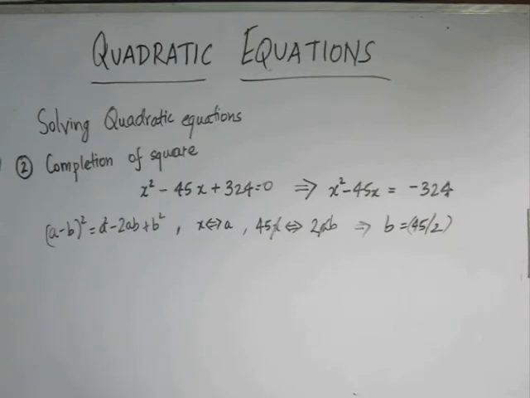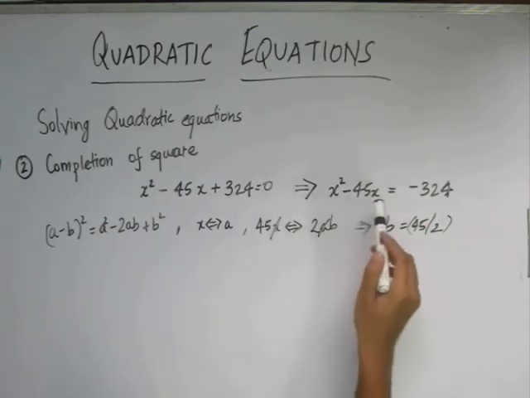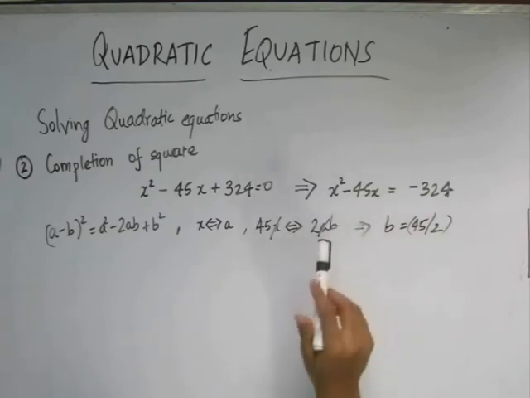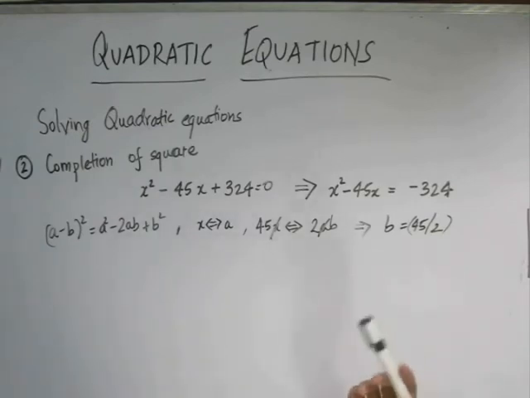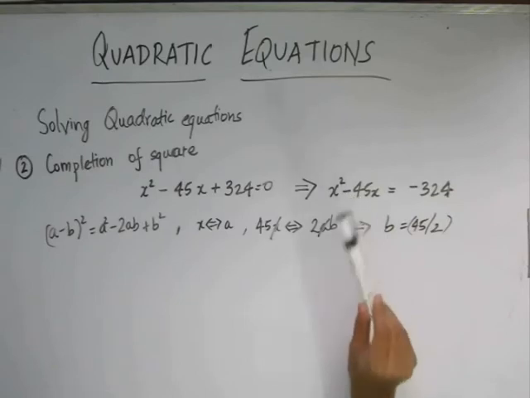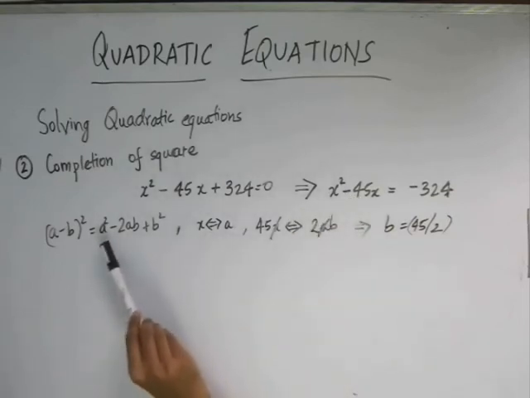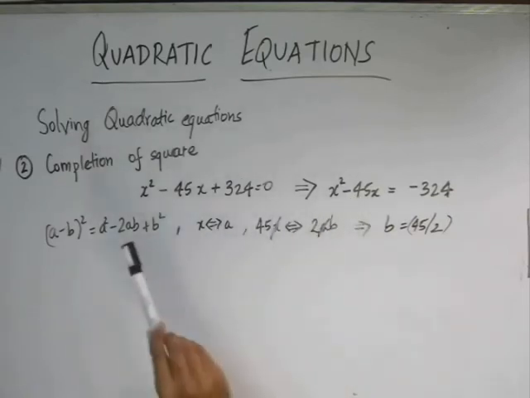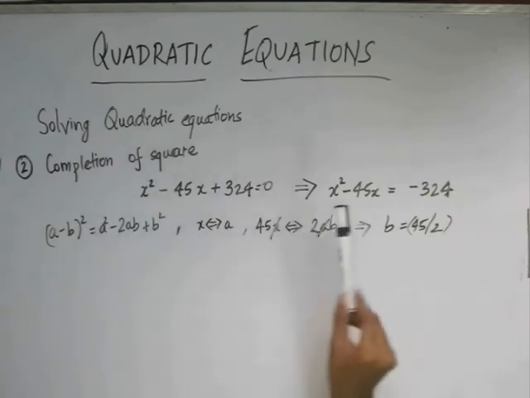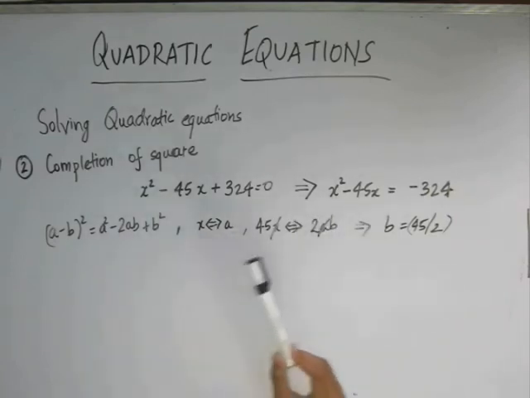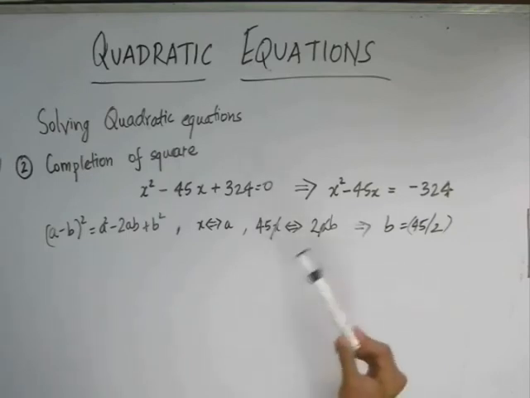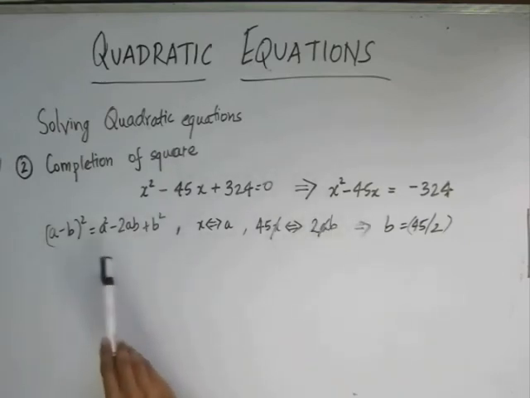I will repeat once again. My purpose of adding a term here is to make my left hand side a perfect square. A perfect square as in a square of an algebraic term, algebraically linear term. So assuming a minus b the whole square as a square minus 2ab plus b square, and comparing it with this particular equation, x square will be the same as a square, minus 45x will be corresponding to minus 2ab, and I will have to find a corresponding term b square to be added such that the net expression on the left hand side corresponds to something like a minus b the whole square.